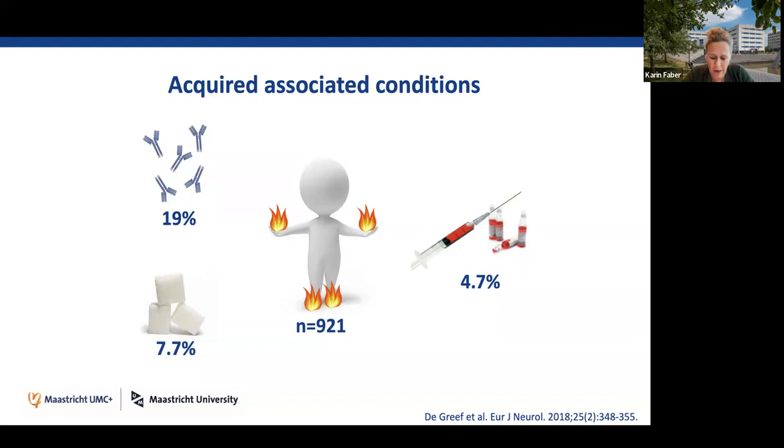In patients who were already known with a possible underlying condition at screening, additional underlying conditions were still found in another 27% of patients. And over 50% of patients were considered idiopathic. The fact that you can find underlying conditions in patients that already have an underlying condition means that you still have to screen for other underlying conditions. You cannot say, well, this patient has diabetes, so there's no need to check for other conditions.